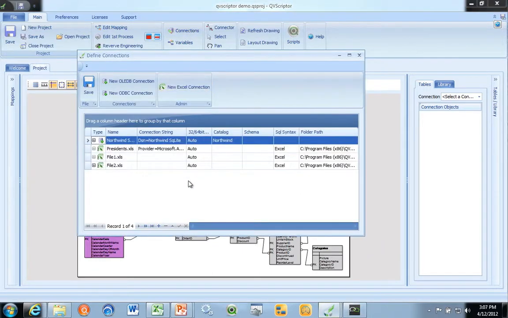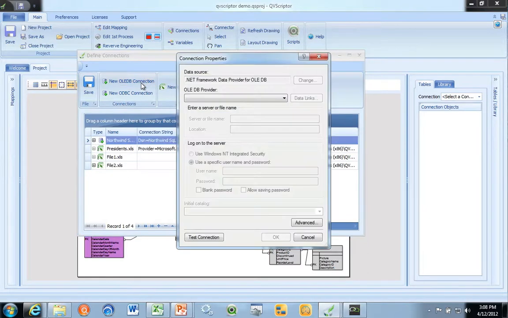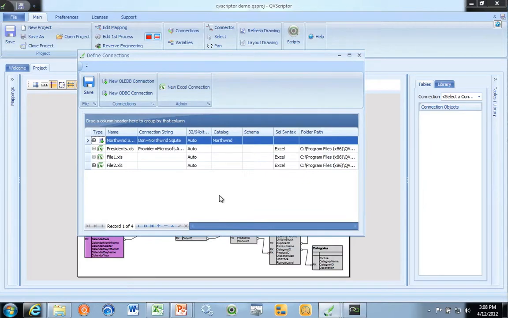In here you can create any OLEDB, ODBC connection, and any Excel file connection as well. That is a standard Excel file that you use all the time. And obviously, providing you have the ODBC or OLEDB driver installed on your machine, that's the sort of connection you can make. And the wizard is exactly the same like any normal one. So once you've made your connections, we can just hit save.